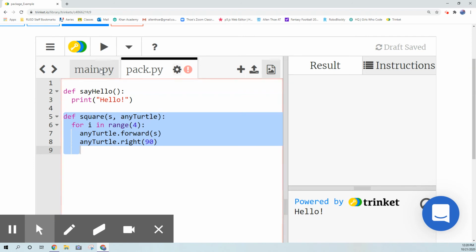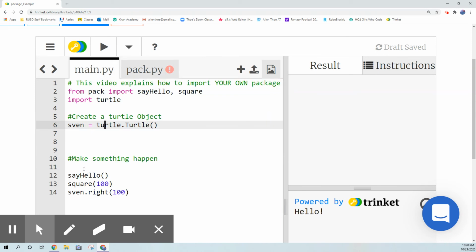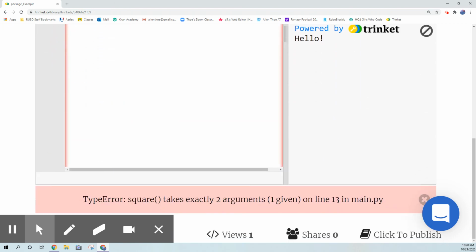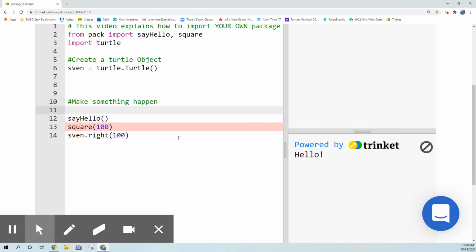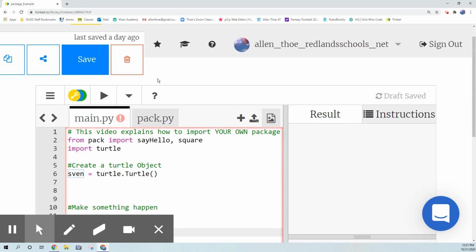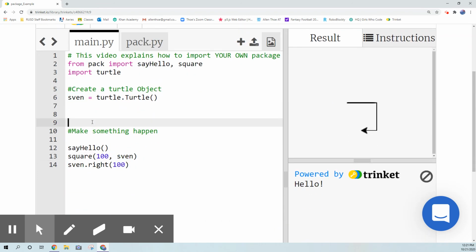So let's go back to the main program. So just remember, I'm adding one more parameter to square. So if I look at this right here, I created a turtle named Sven, and I want to do a square. If I try to run it, it will say I need another argument. It takes exactly 2 arguments, but only 1 was given. So I need to actually do comma and then put the name of the turtle. So this is an object that I'm going to pass into the function. And now it knows how big to draw it and who to draw it,